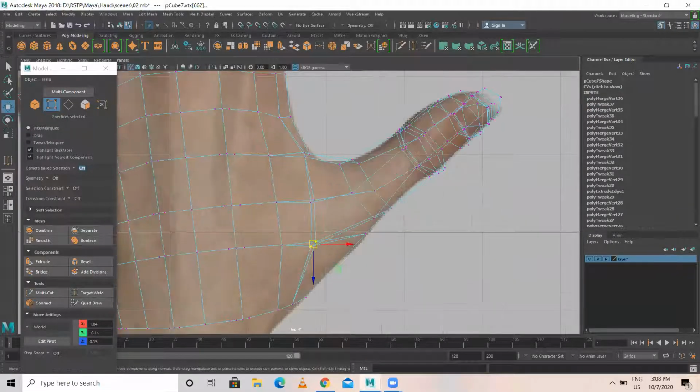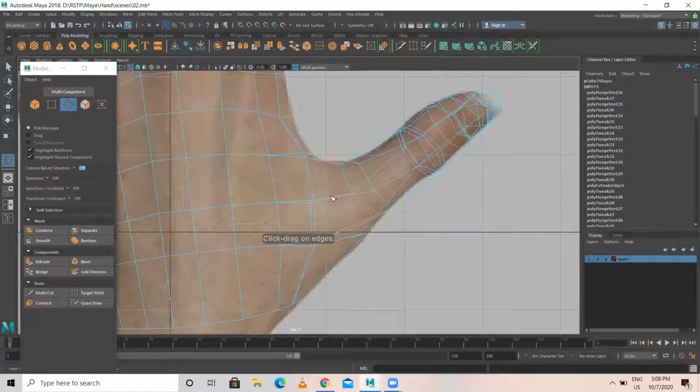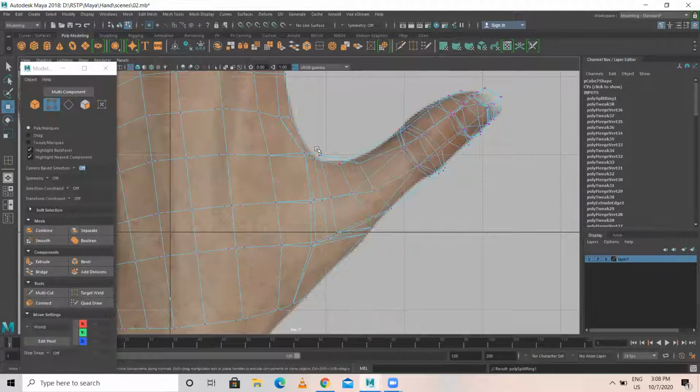Okay, so later I'll add one more edge loop here. Here.